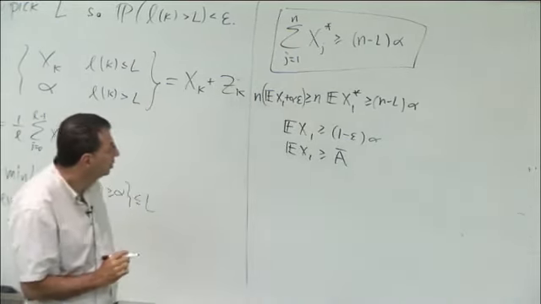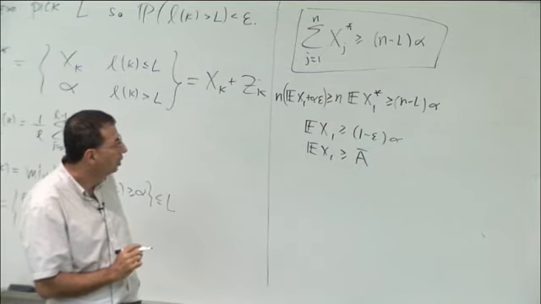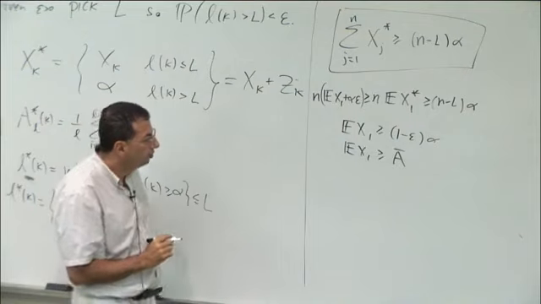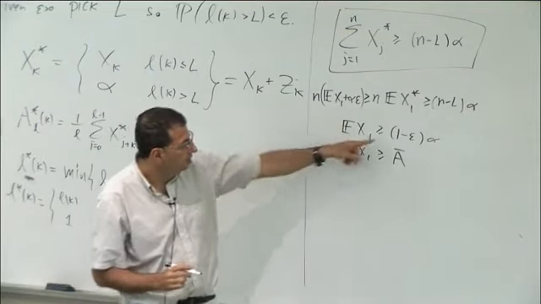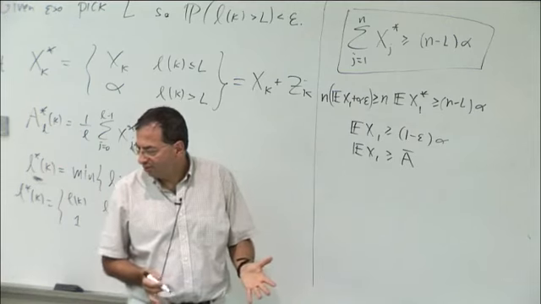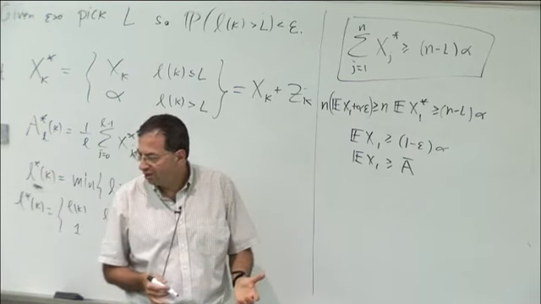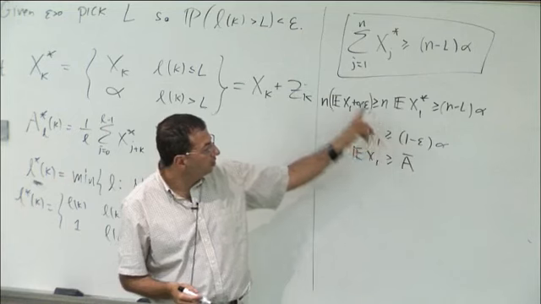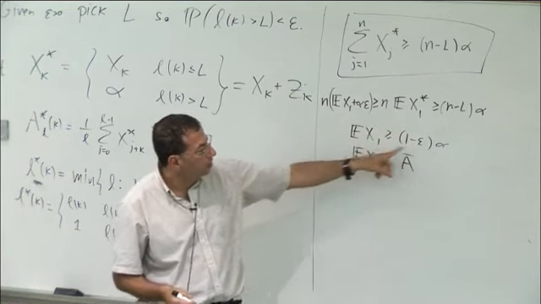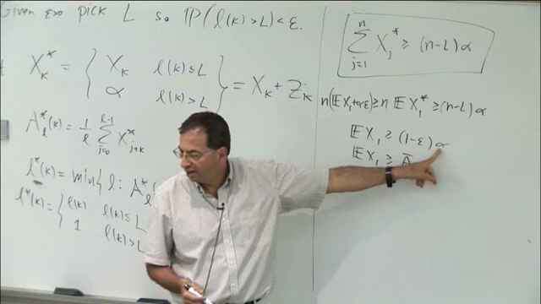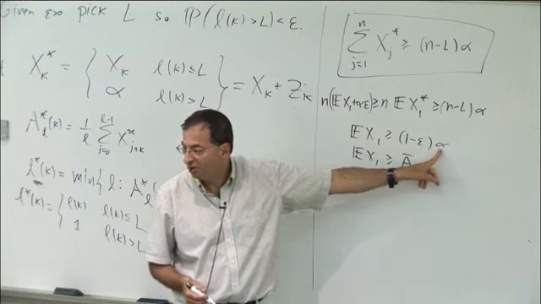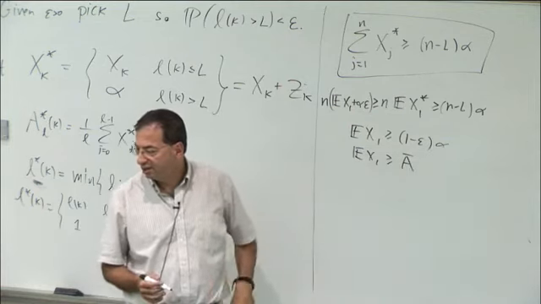Use the fact that epsilon is small, like epsilon could be small. Yeah, but the point where we used it is at the end: we use the fact that this is true for any epsilon. Once we had this inequality, we say this is true for any positive epsilon, so the expectation of x1 is in fact greater than alpha. And then we said this is true for any alpha less than a bar. So in fact, the expectation of x1